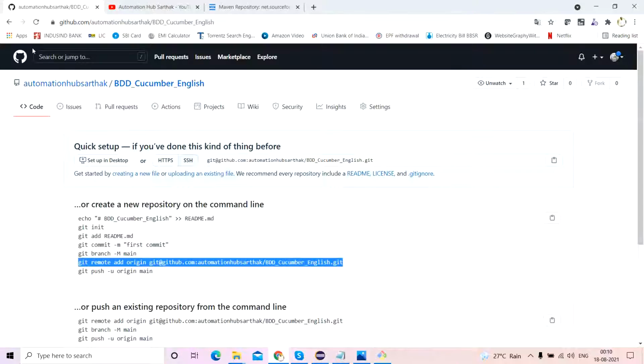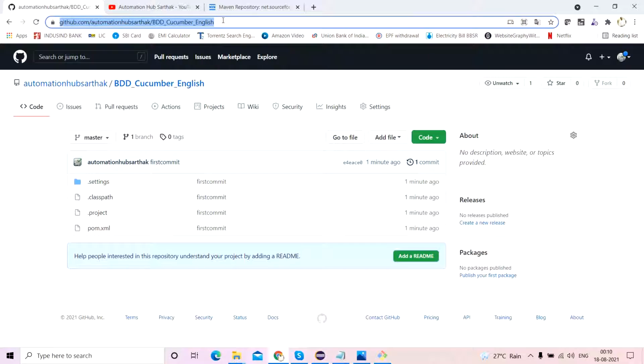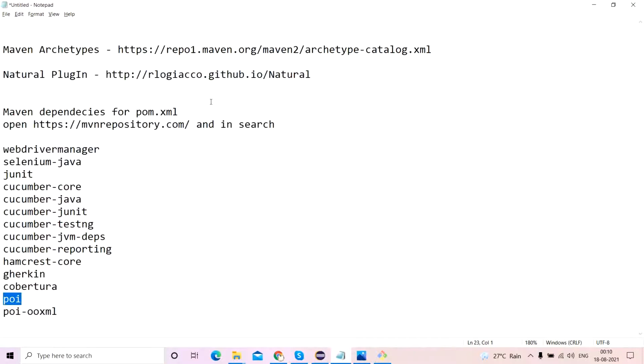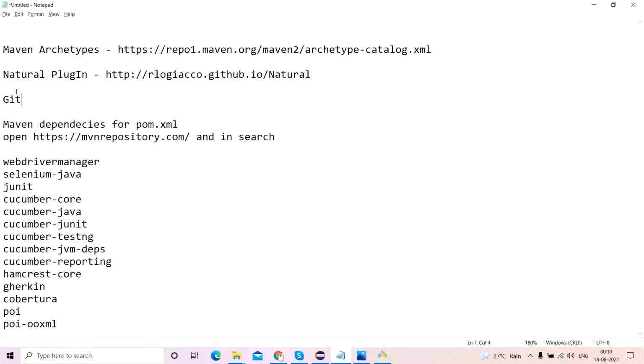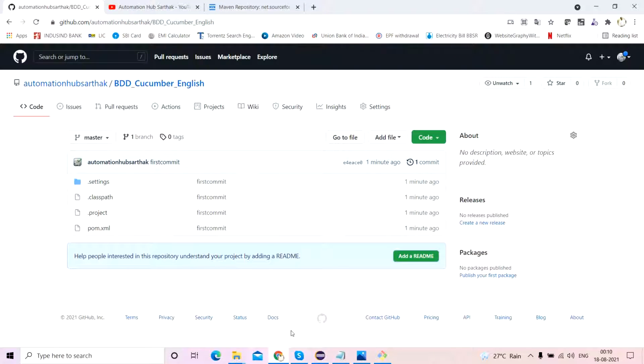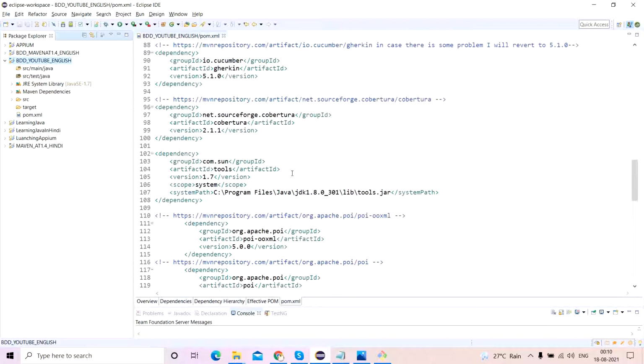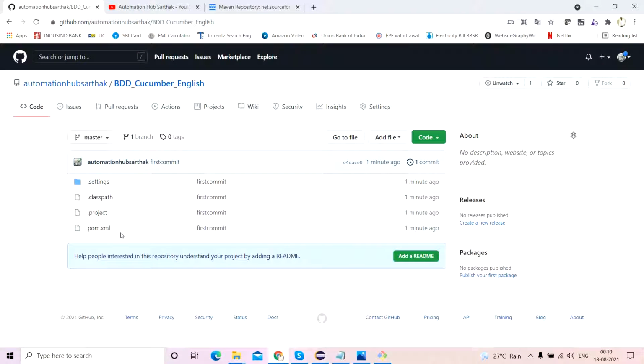I'll go and refresh my GitHub. Okay, so I have the pom.xml with me here in my GitHub link. I'm going to give you this link as well. You can copy it from here, or you can see the video. It's very simple. You can go and get this link, and that's it. So you prepare this pom.xml. Everything is there. You can copy the pom.xml from here. Make sure you copy everything correctly.